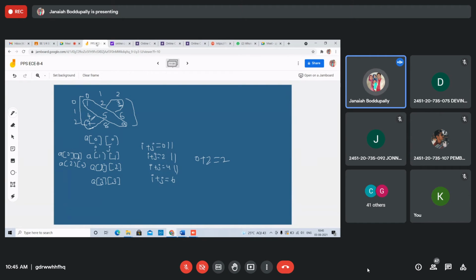You need to take 3 cases, right? Whenever roots are equal, R1 equals minus b by 2 into a, R2 equals minus b by 2 into a. That we forgot. Most of you forgot that. I evaluated up to 10 or 15 papers, but most of you have not taken that roots are equal. Roots d greater than 0, d less than 0. Roots are imaginary. Roots are real and distinct. That third case you have not taken. You take that one also in the external exams or in any future exam, right, students?